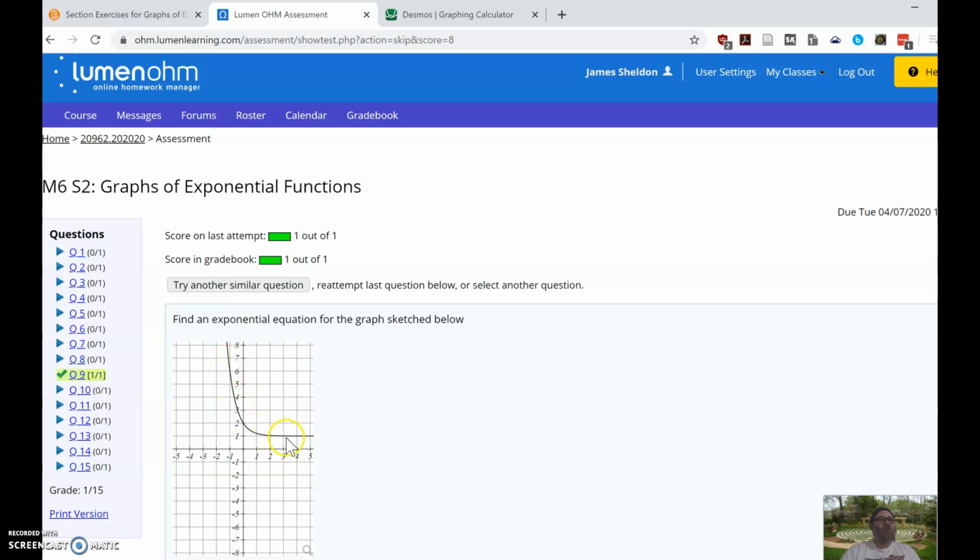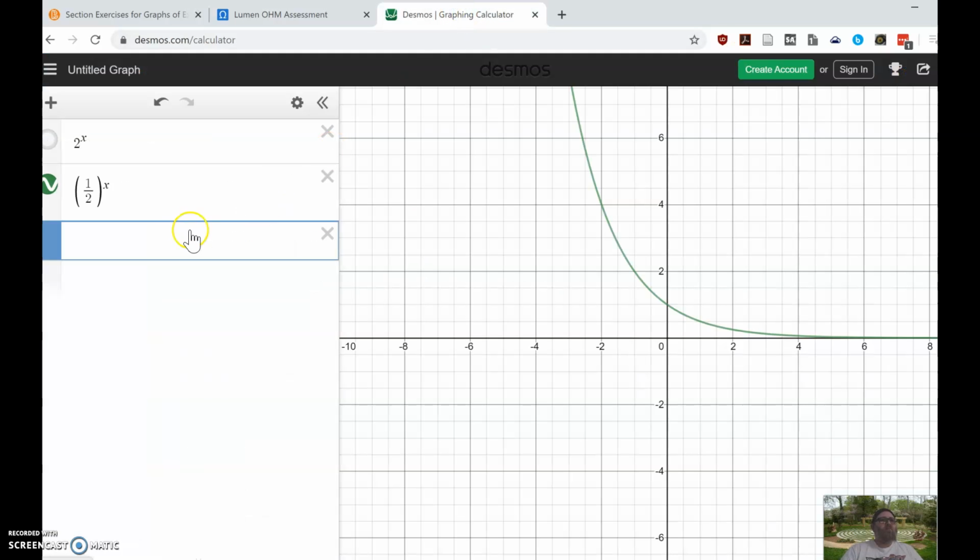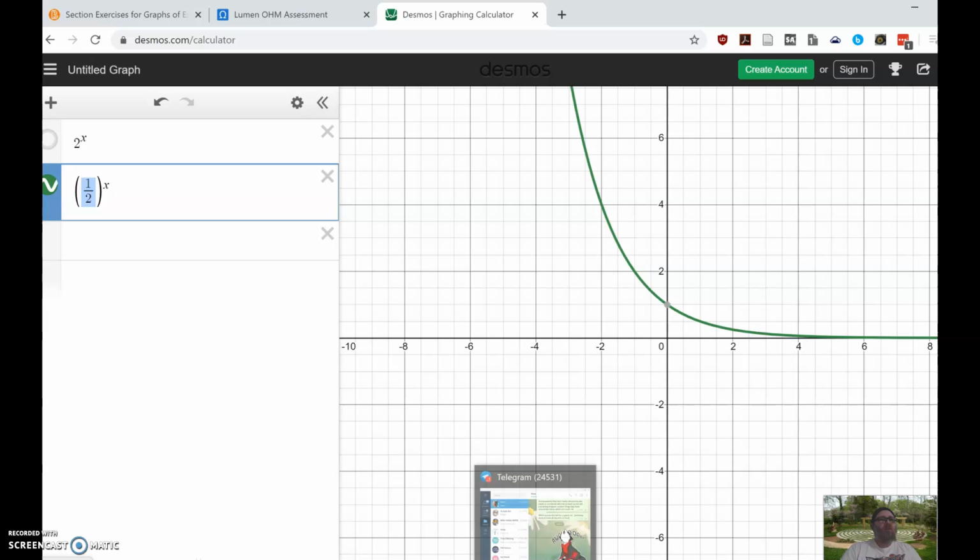You can see that it approaches a horizontal asymptote as the x values get larger and larger. And so with exponential decay, the b value, or the base, is always going to be a number between 0 and 1. So in this example, we have 1/2. So that's between 0 and 1, so then it's decay. And we might wonder why it's decay. And so the reason is because if we have